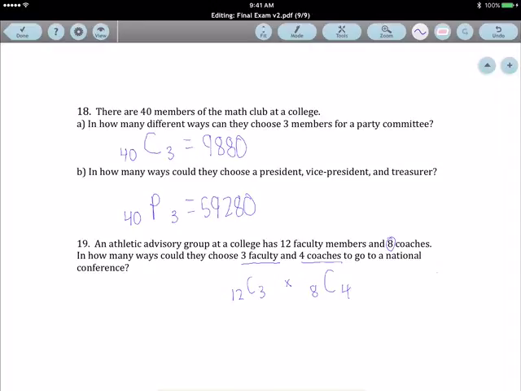So if we do 12C3 times 8C4, we get 15,400. Like that. Any questions on the steps or the calculation part of that? All right. So